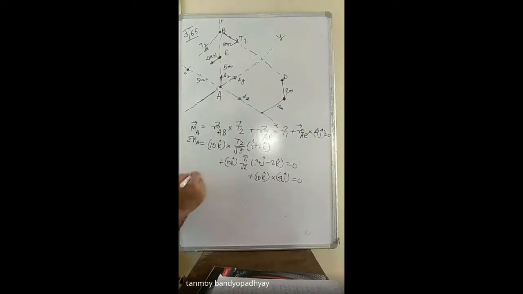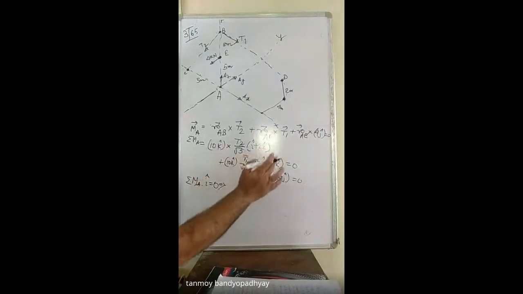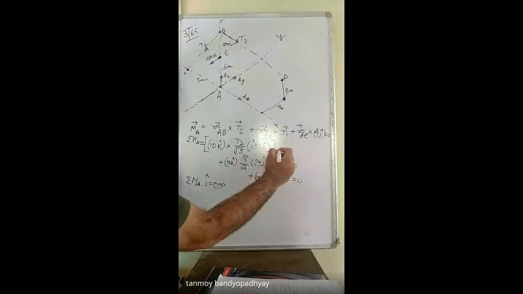So just আমি এইটাকে, if I want to find out the x components, so if I can calculate this dot I cap, that is equal to 0. So I am just finding out the x components of this one. So in that case, what I should be having is, so এইটার সাথে, this cross product, এখানে আমি লিখে দিচ্ছি, নাকি বুঝতে অসুবিধা হবে? তার সাথে I am doing a dot product of I cap.